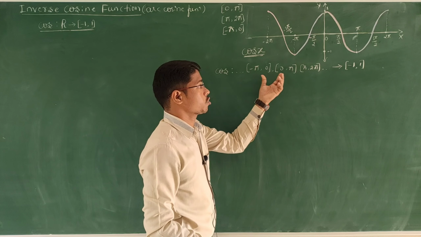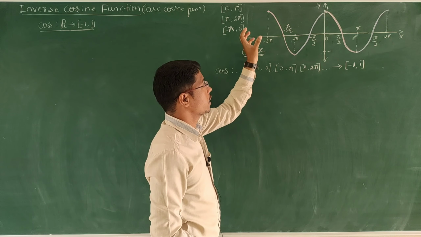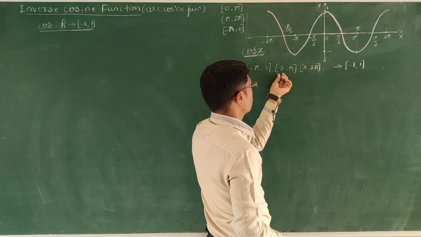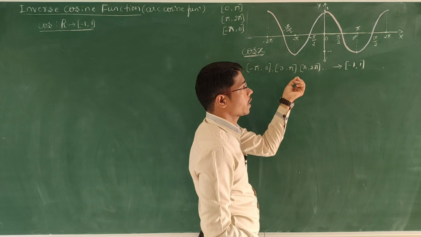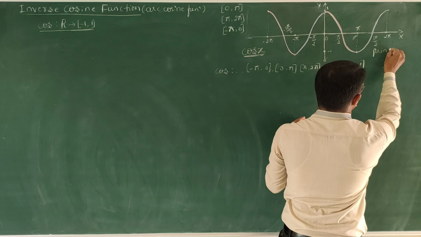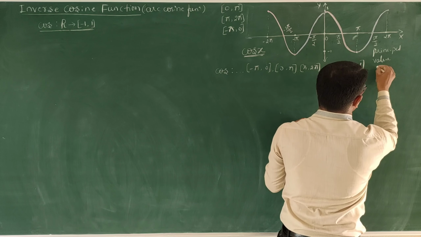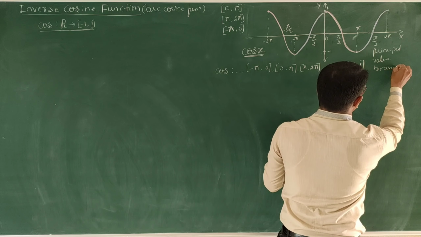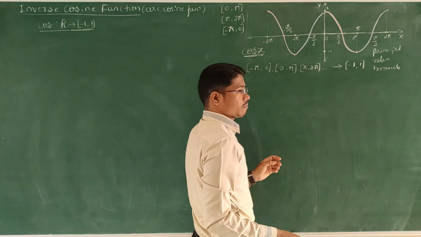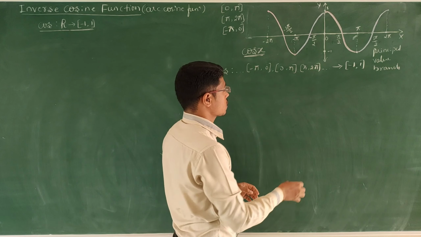However, these are all the possible regions in the domain set. We will name this 0 comma pi as the principal value branch. So 0 comma pi is the principal value branch of the cos inverse function. Now just see the